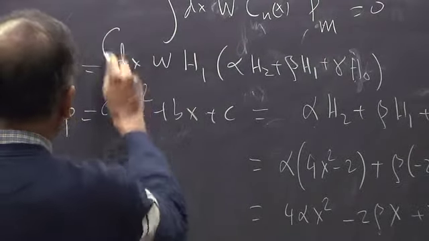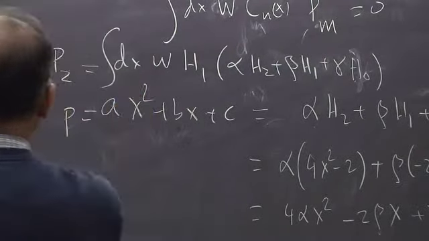Now we know that this integral vanishes, because these are orthogonal polynomials. So h1 with h2 will be 0, h1 with h0 will also be 0, but h1 with h1 cannot be 0. That's the norm square of that vector. So this result simply gives me beta times the normalization, small h1, which is the length square of capital H1. So this is not 0 if beta is not 0, and here we see that beta is in fact equal to minus b by 2. So if b was not 0, then